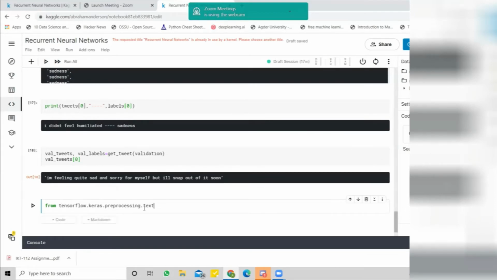And inside the pre-processing sublibrary, there is a text sublibrary, which includes all of the functions that we want to deal with text. So tweets are text, so we are using this one. We will import Tokenizer.